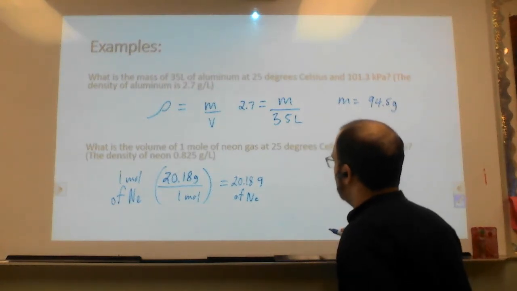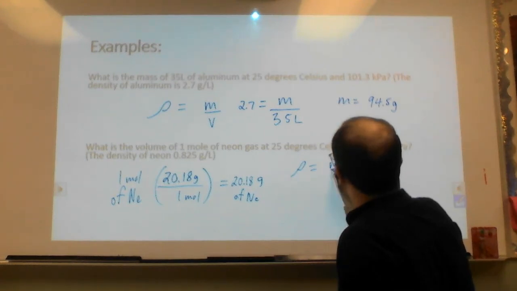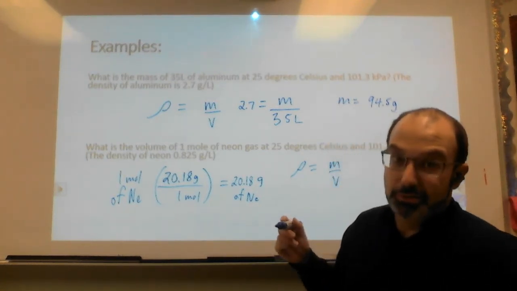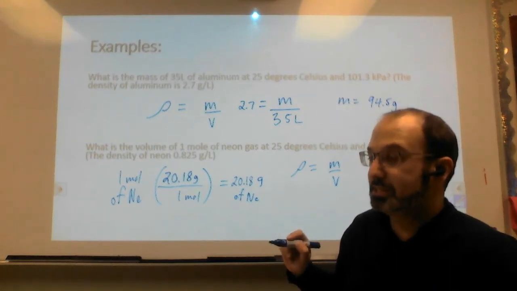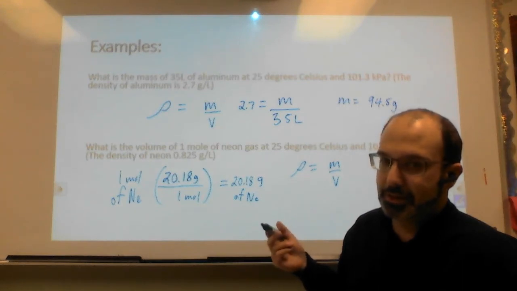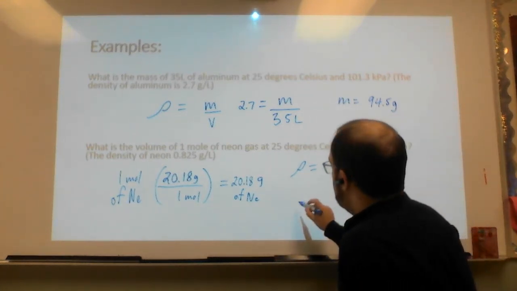I want to know the volume. So once again, my equation is going to be rho equals m over v. Yeah, that's the Greek letter rho. That's what they use for density. Why? Well, the Greeks kind of figured out an awful lot of stuff around density, but that's not the real reason. The real reason they use the Greek letters is because a lot of science guys are nerds, and they also know Greek. So we know the density is